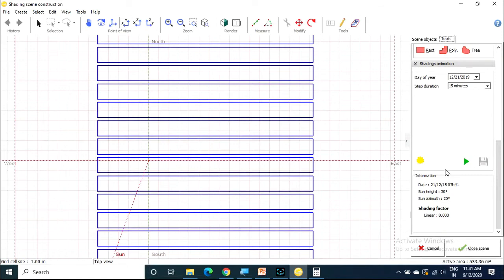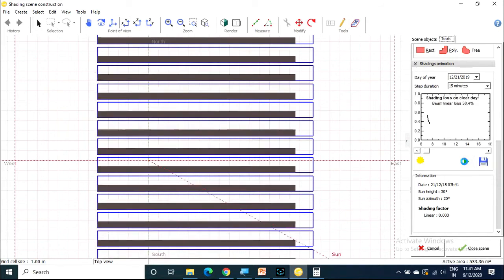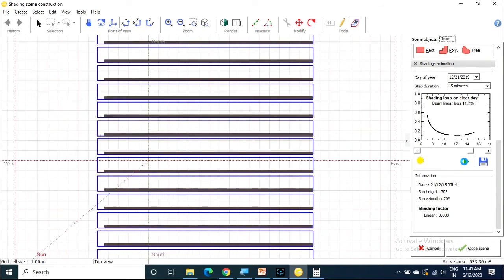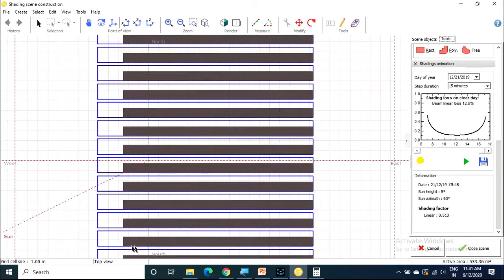So when the sun position is changing, you can see how the shadow changes. See here, I am clicking on the play button, and you can see the sun position is changing as the shadow appears on the panels. Okay. So see here, this is the morning time and this is the evening time.